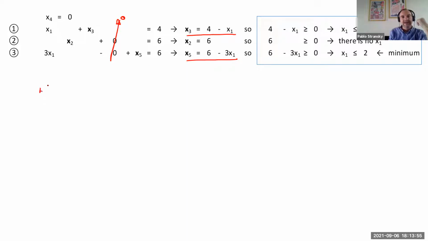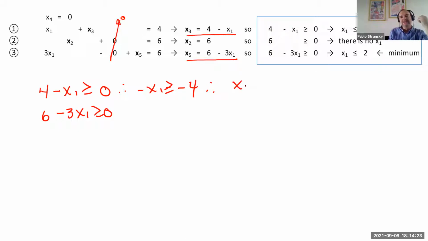We have 4 minus x1 greater than or equal to 0. We want to know how far we can move now in x1. And my second option is 6 minus 3x1 greater than or equal to 0. So minus x1 is going to be greater than or equal to minus 4, sorry. So x1 is going to be greater than or equal to,